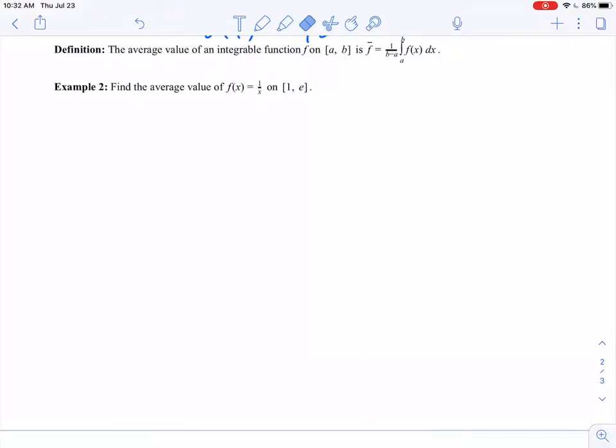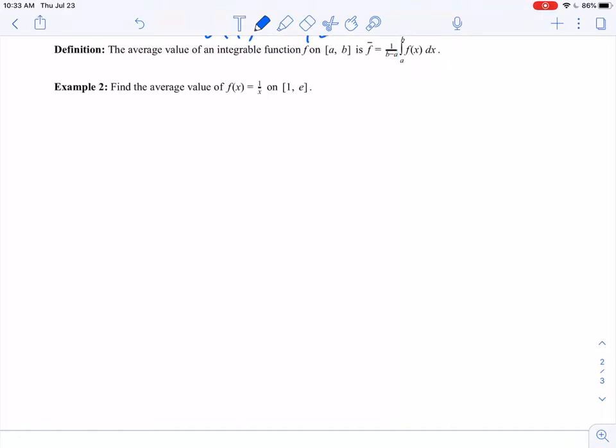We are going to look at just a couple more examples to wrap this section up. First of all, we need to talk about the average value. The average value of an integrable function f on some interval a to b, the notation that we're going to use is f bar. F bar is equal to 1 over b minus a. So b minus a, that's just the length of the interval. So 1 over the length of the interval times the definite integral from a to b of f of x